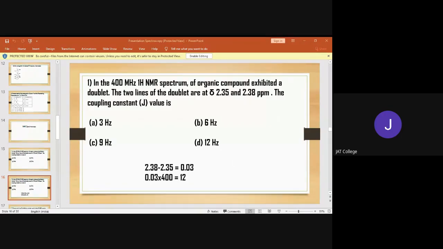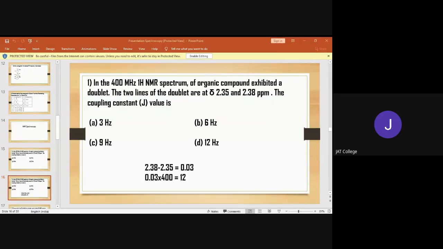Is the PPT visible to all of you? If it is not visible, then look at here. Yes, sir. There are two options for JT College. You have to pin on this. If you pin on the JT College, there are two options. So if you pin, you will see this on your screen.